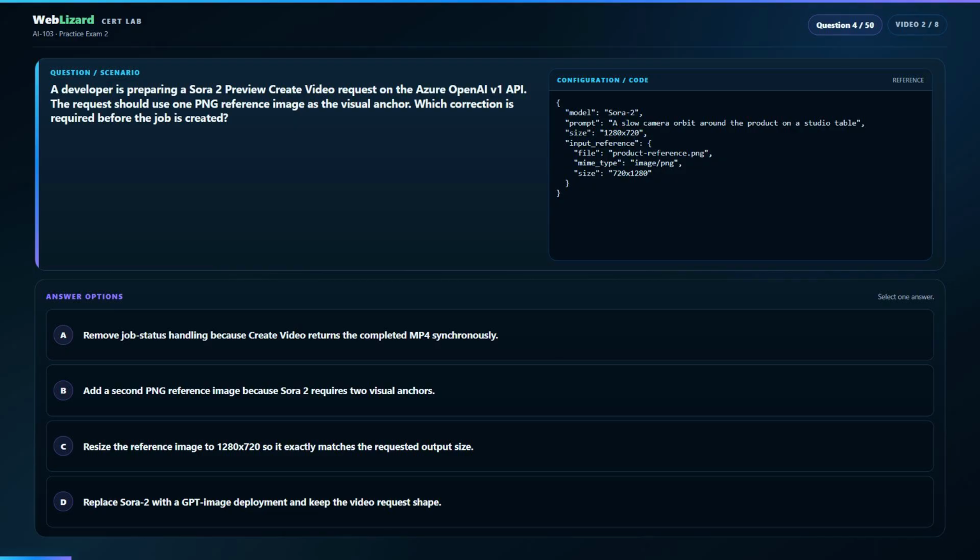Question 4. A developer is preparing a Sora 2 preview create video request on the Azure OpenAI V1 API. The request should use one PNG reference image as the visual anchor. Which correction is required before the job is created? Visible artifact. The request selects the Sora 2 model and uses a prompt describing a slow camera orbit around the product on a studio table. The requested output size is 1280 by 720. It includes one input reference file named product reference in portable network graphics format. The reference image has dimensions of 720 by